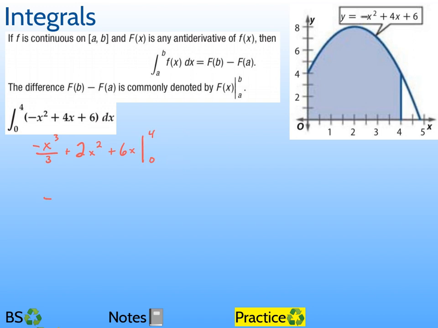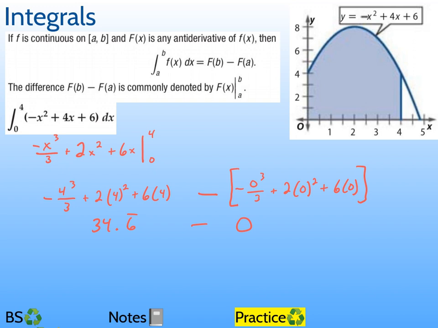So first, we'll plug in the 4. Negative 4 cubed over 3 plus 2 times 4 squared plus 6 times 4. Then you're going to subtract the 0 stuff. So negative 0 cubed over 3 plus 2 times 0 squared plus 6 times 0. When we plug these values in, the left part of it goes to 34.666666, repeating, minus, and since all these are zeros, we got really lucky this time,